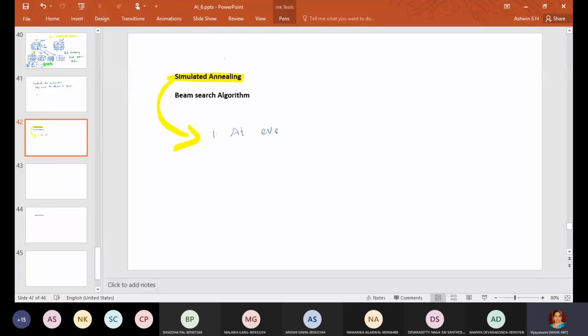At every iteration, a random move is chosen.